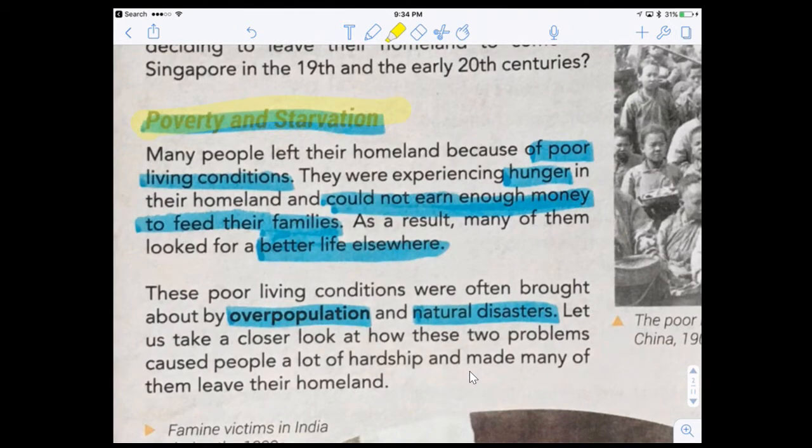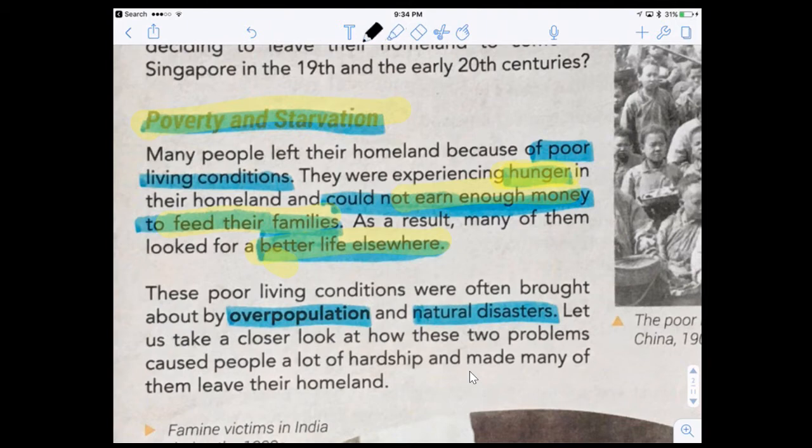So many people left their homeland because of poor living conditions. Hunger, highlight that, hunger in their homeland. Not enough money to earn, not enough money to feed their families. So what is the result? The result is they want to find a better life elsewhere. So this is what we call poverty and starvation, and this is what we call a push factor,